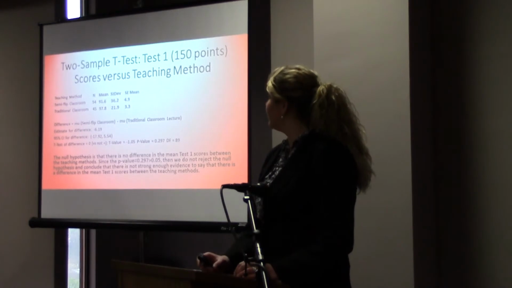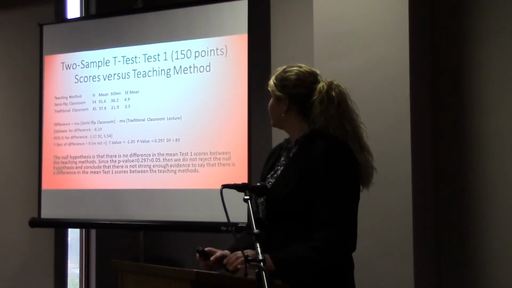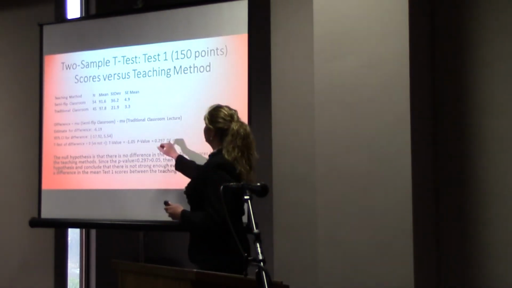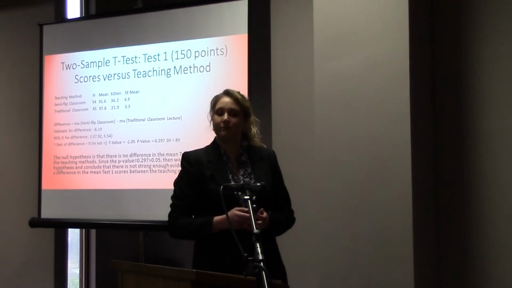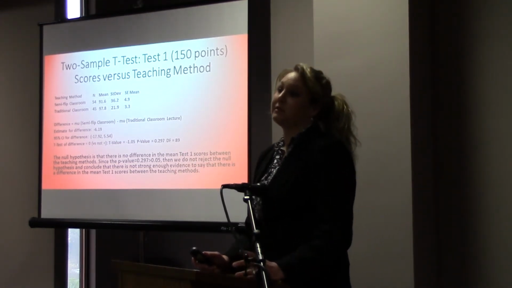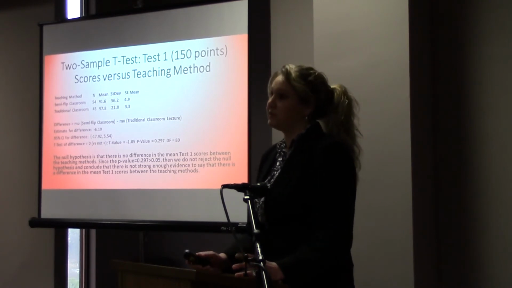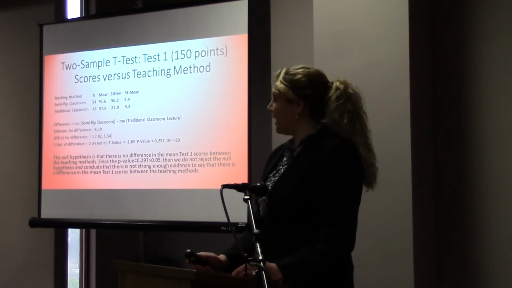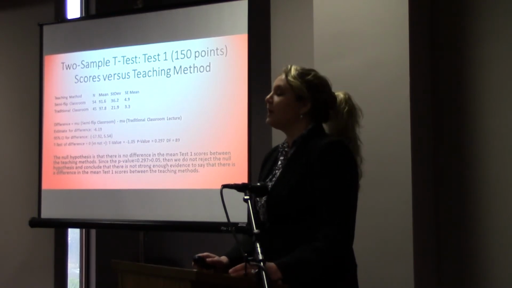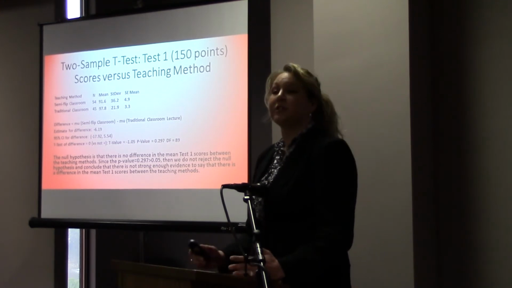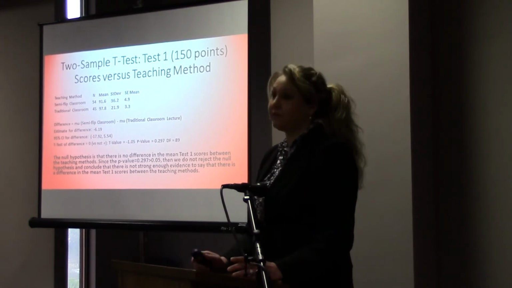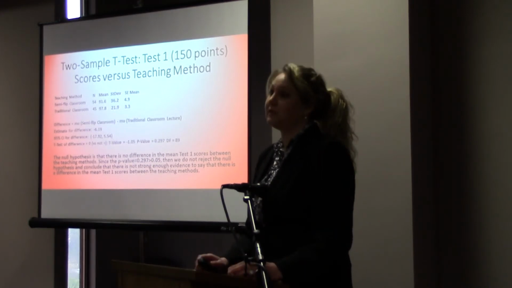When we look at the output for Minitab, we can see that basically what we're going to look at here is the p-value. For a 2-sample t-test, basically you have the null hypothesis that we want to assume initially that there is no difference. And so once we look at the output and we see the p-value, if it is less than 0.05, then we can basically reject our null hypothesis and determine that there is strong enough evidence that there is a significant difference between the 2.